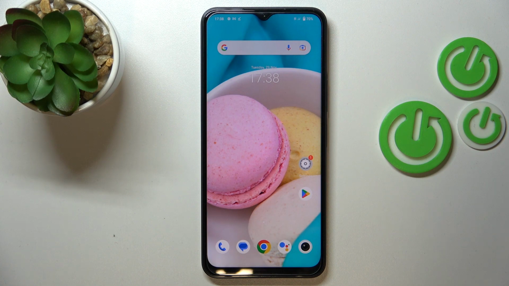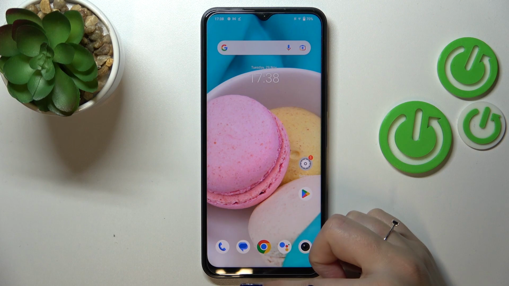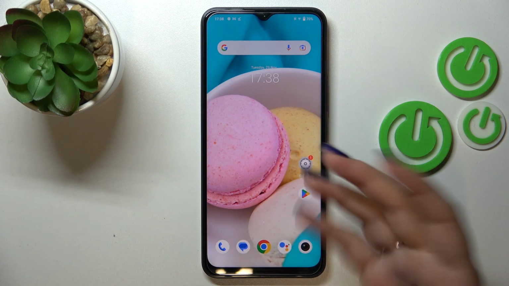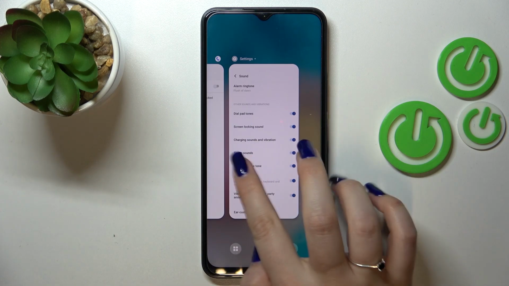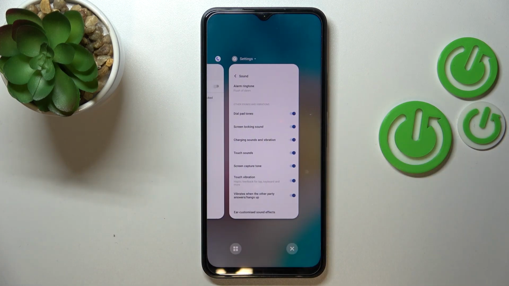So if you've got the gestures, just like me, all you have to do is to simply swipe your finger from the bottom to the center of your device and the recents will appear. On the other hand, if you've got the 3 buttons navigation, just tap on the button with, I believe, a square icon or 3 bars icon, one of those, but for sure you will know which one. So let me enter the recents, and as you can see here we've got all previously opened